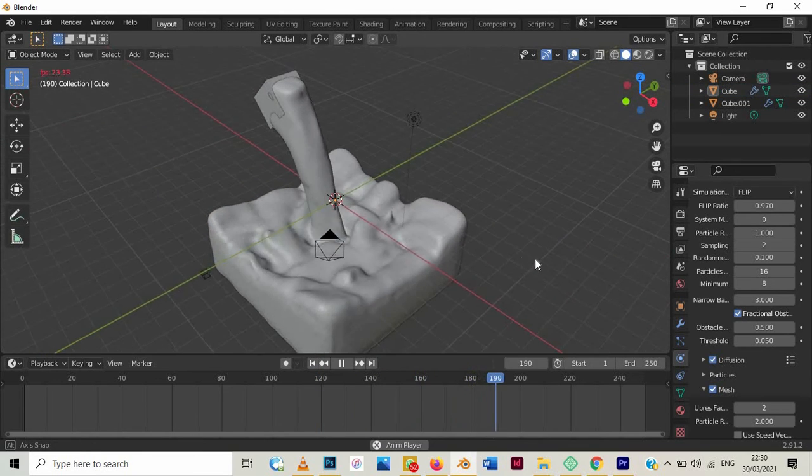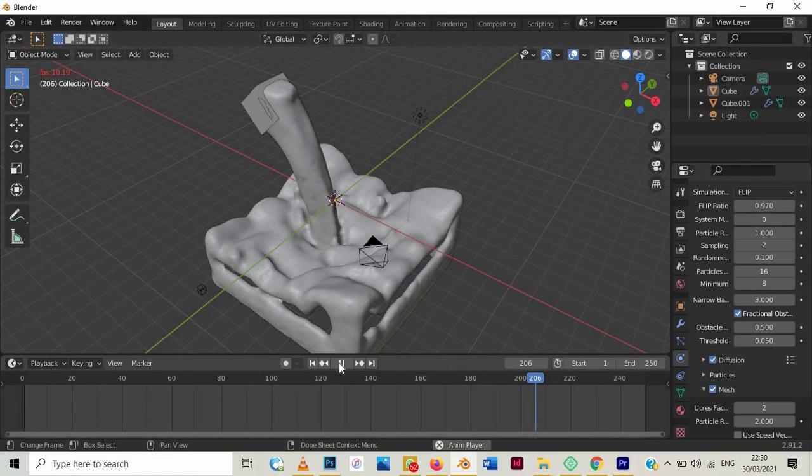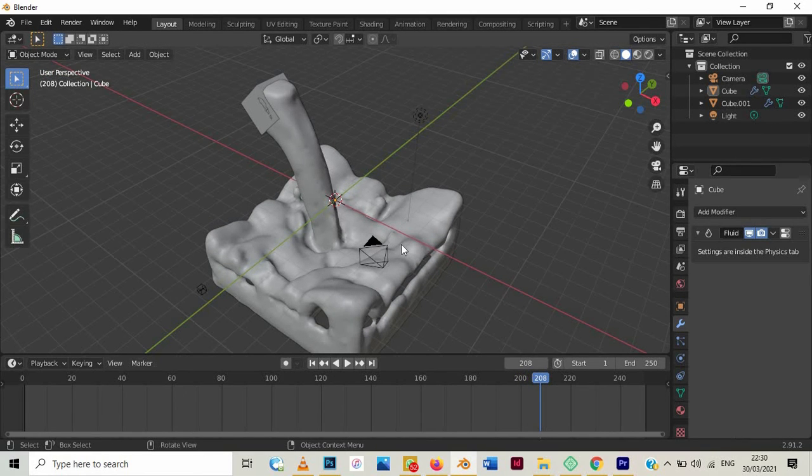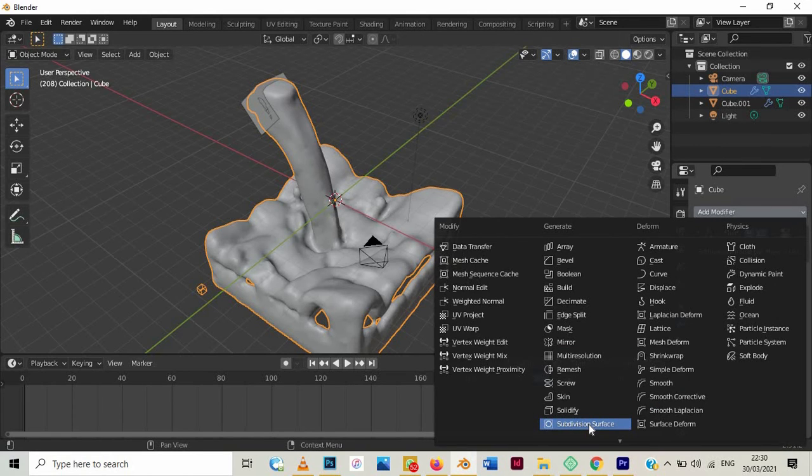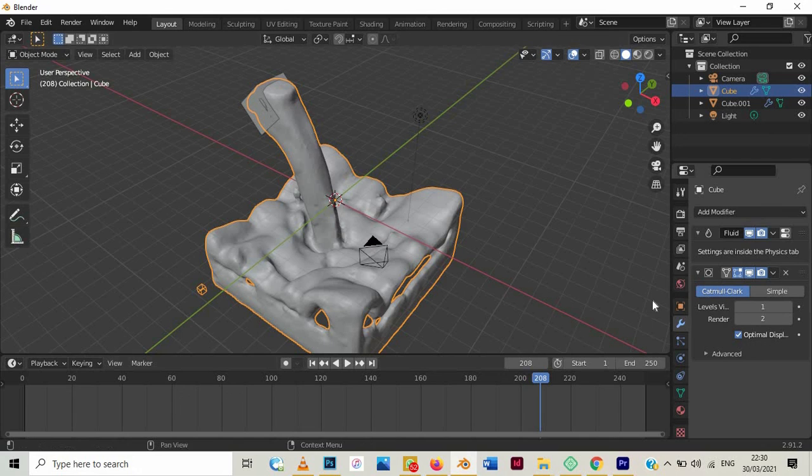Still looks cool, but also I can just go to the modifier, click on this, go to subdivision surface. The only problem with that is that it's going to take more data working on subdivision surface, and when that happens, your work is going to slow down a little bit. So now we have the subdivision surface. So now let's increase this to